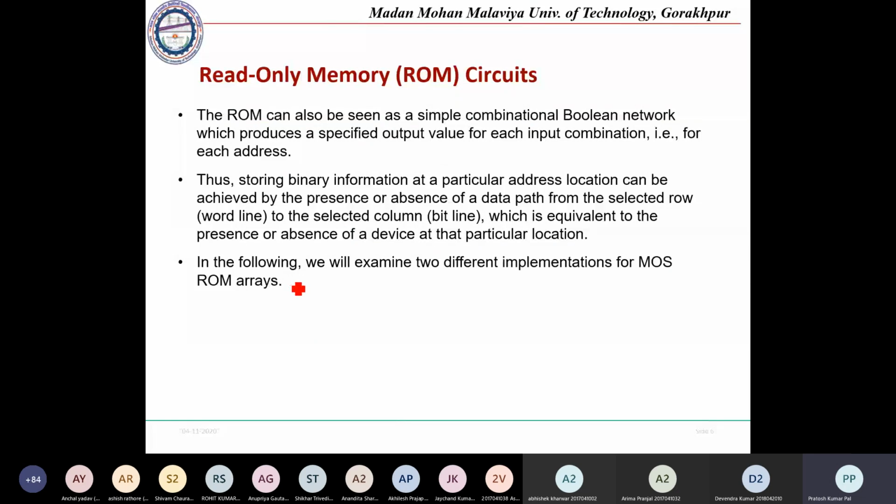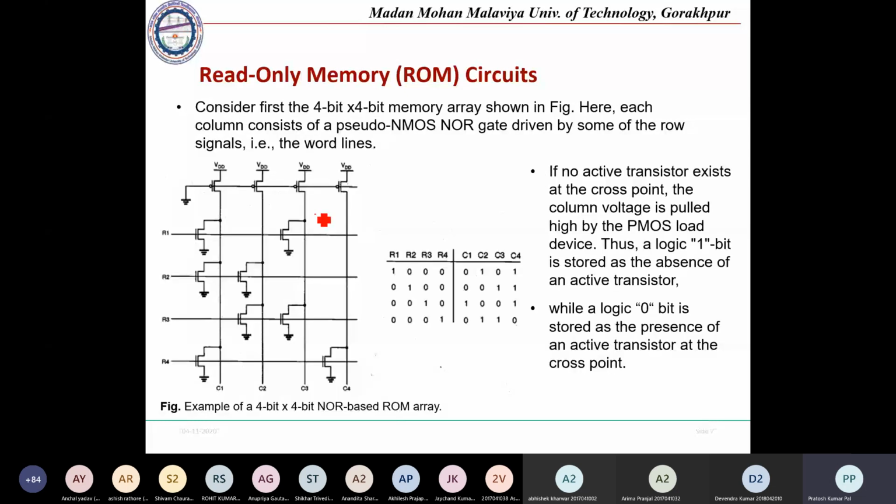Given whatever specifications or explanation that we have done, once we have seen the basic structure, there are some generalized structures. Generalized structures are the structures that can be used to define a particular memory. Suppose we are considering a read-only memory. We are considering some examples of a read-only memory.